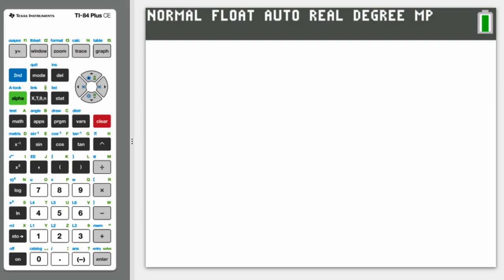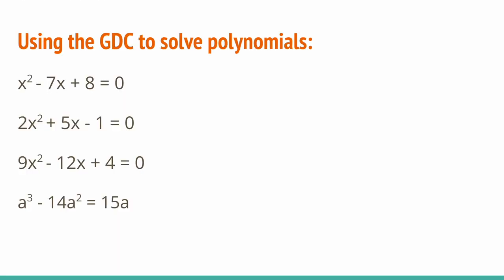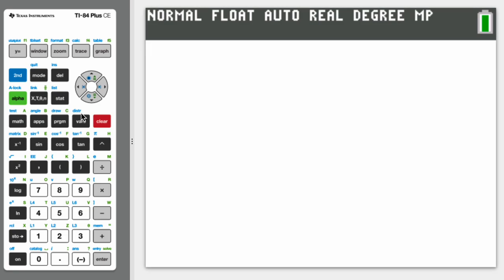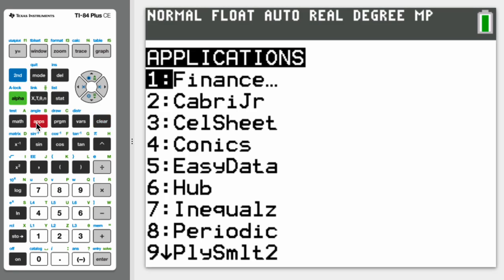Solutions to various polynomials. So for example, if I had something like this, I've got a quadratic without a 1x squared. I've got a cubic even. Any polynomial I can solve on the GDC without having to factorize by hand. So if I go to my calculator, I'm going to go to apps and I'm going to go to polynomial